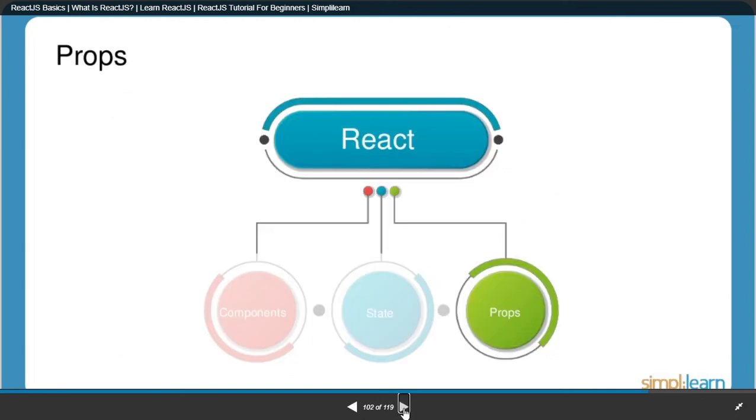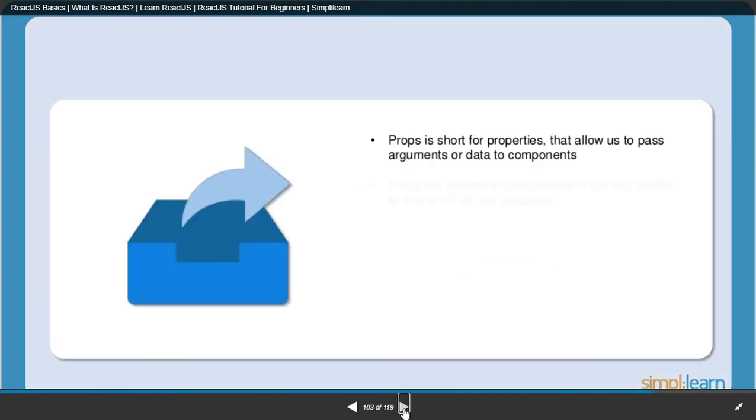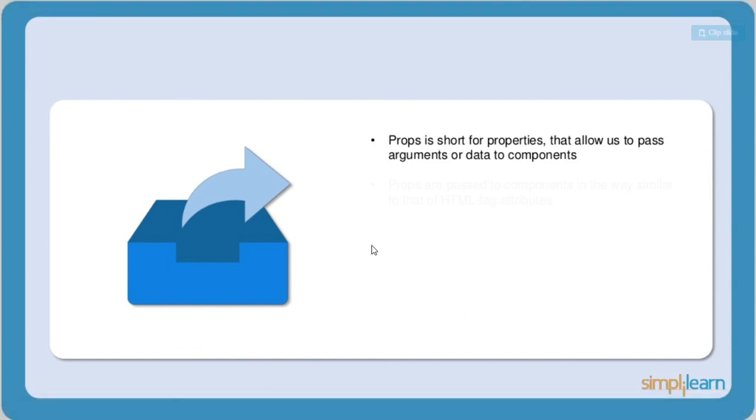Okay, so now props. Why is props used? Props allows us to pass arguments or data to components. Consider that I have created a profile component, and another component which is a story component. Let's go into another example, which is search. Consider that there is a search component and there is a post component. Consider that I want to search a particular post which I have posted in Instagram with the name web application.